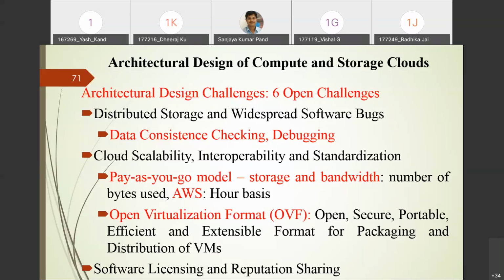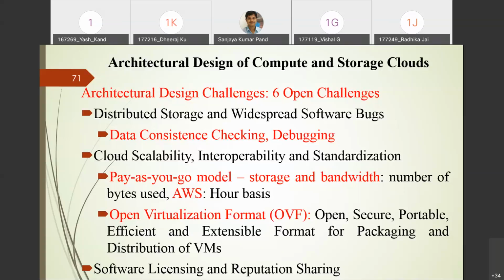Otherwise, that physical machine is not useful. This is generally referred to as the system image, and that image needs to be transferred. If you are transferring it between two different data centers owned by two different cloud service providers, you will face standardization issues. To avoid that, you have to use the Open Virtualization Format.